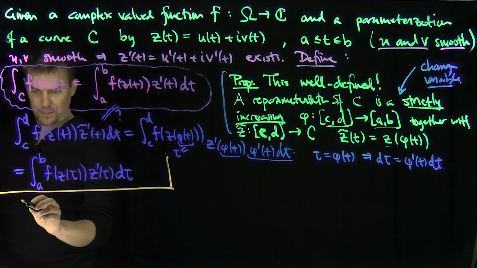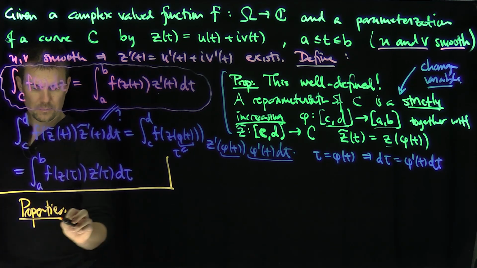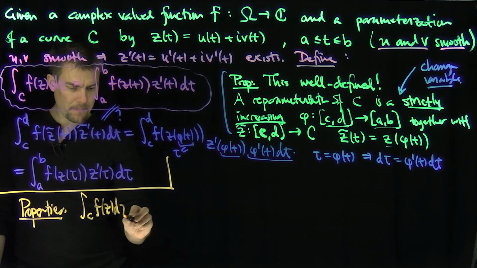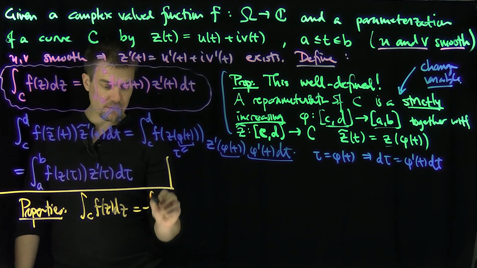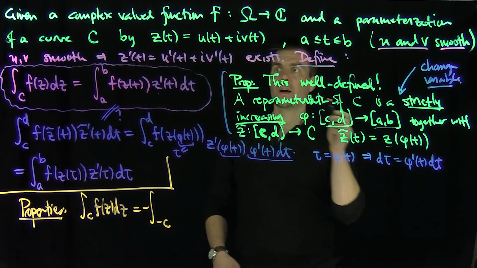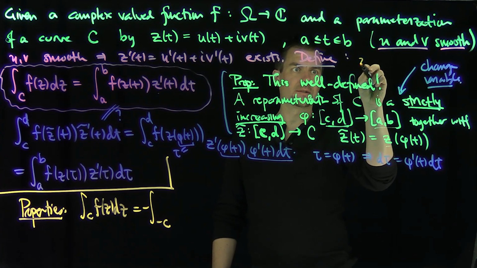The basic properties are what you expect. So what are the properties of these things? The integral over C of f of z dz is the same thing as negative the integral over the opposite orientation, right? So if you just re-parameterize this curve, for example, the opposite orientation is going to be z of